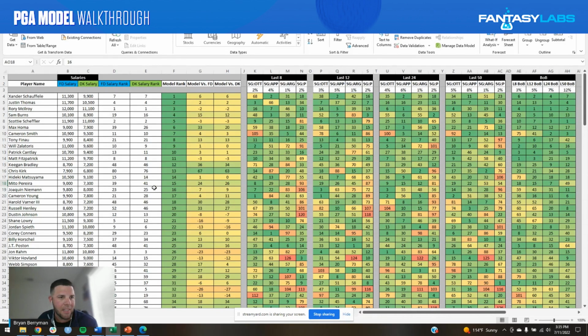The last guy that I am looking at this week that I think is going to provide some solid upside for the price is Talor Gooch. This is a guy who obviously defected to the LIV Tour and wasn't a very popular decision. He's been quoted as saying that the atmosphere at LIV events is the same as the Ryder Cup events, which